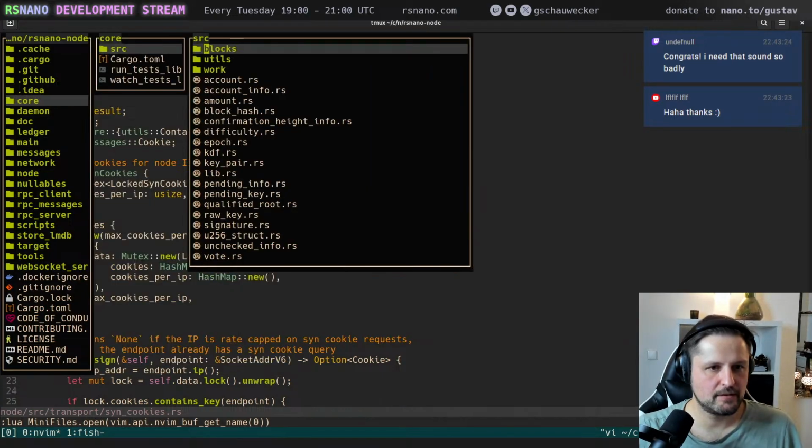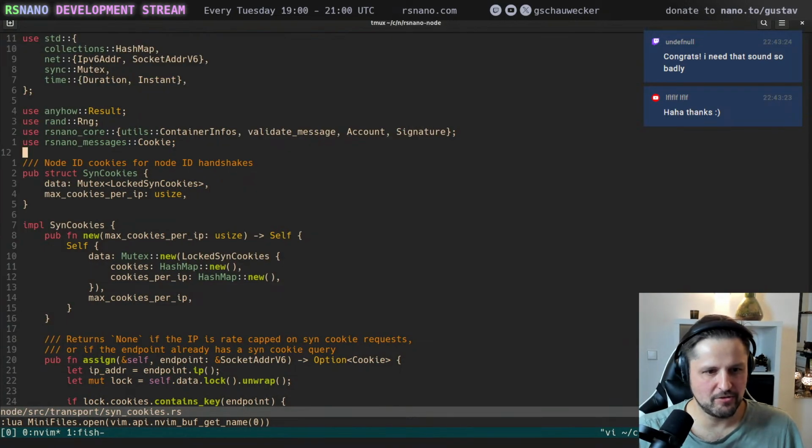Core. Confirmation height. Yeah, so this is the core crate. It doesn't make sense to start anything new because I'm ending the stream in 15 minutes. You know what? I'm just going to migrate more of those collect container infos, and this will be the same boring stuff.